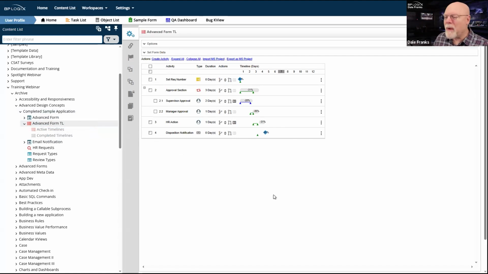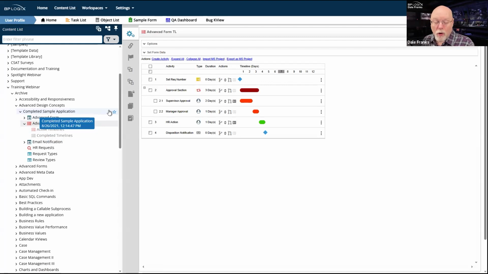So this is my first step in managing processes, just looking at the timeline management view or timeline analysis view. And by the way, once you're done with that, you can go back and look at your timeline definition just by switching the view back. But that timeline analysis view is very useful, especially if you're a process administrator, and that should be your first stop as a process administrator to see how your process is actually working and comporting with conditions in the real world.